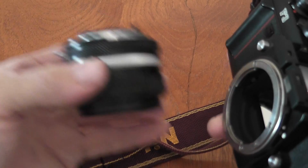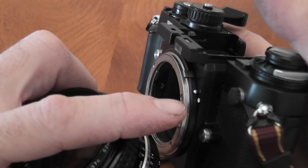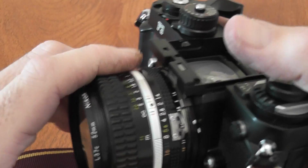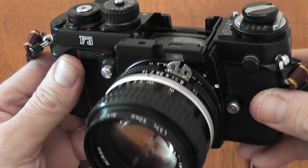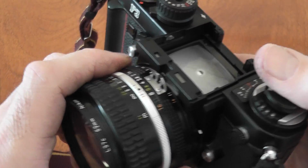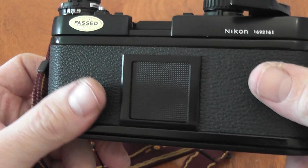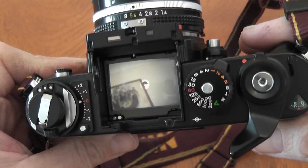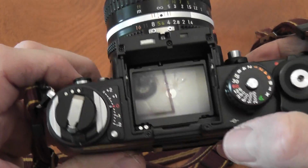Now lens, simply line up the black dot on the lens with the white dot on the body. And this is a 50mm 1.4 lens, which obviously works perfectly with this camera. It's not autofocus, of course, it doesn't use autofocus on this camera, although a model was introduced in '83, which wasn't very popular. Okay, I'll put the finder back on,